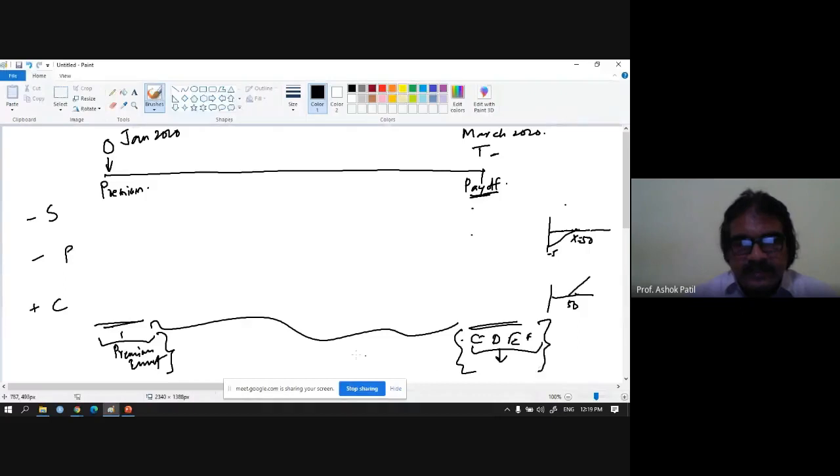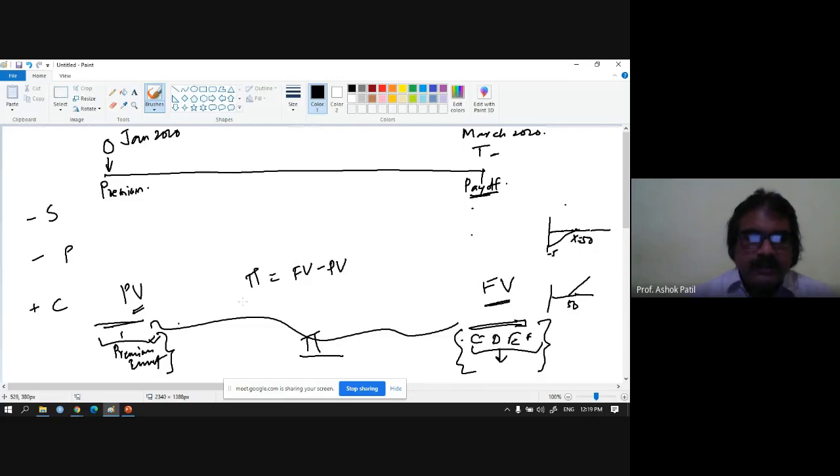If I take the difference between these two, that is the CDE columns minus these columns, I am going to get the profit. That is my value of the portfolio at maturity minus my investment is going to give me the profit. It is like this is your FV, this is your PV. So profit is nothing but FV minus PV. Your future value at maturity is all this calculation which we just now did. We will be doing this, my present value, what is my investment, and then the difference between this will be